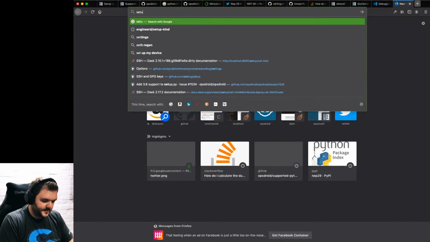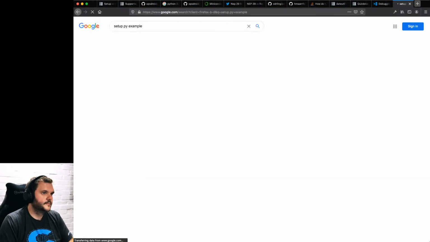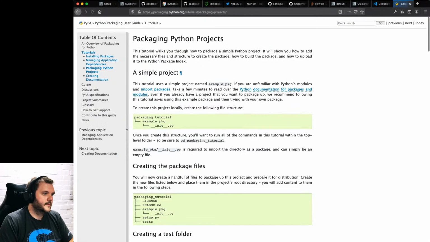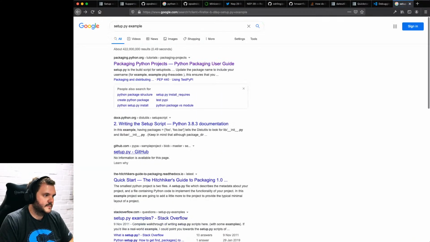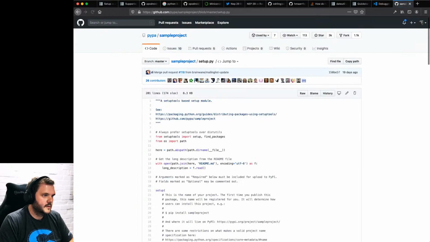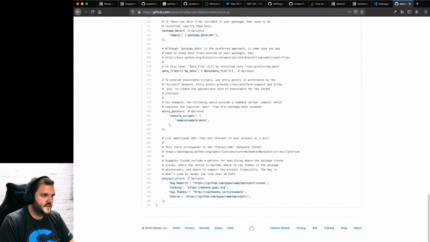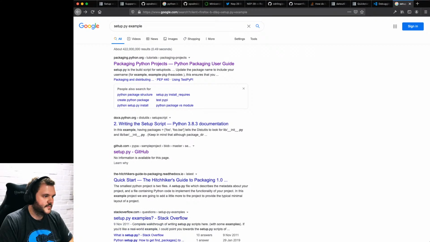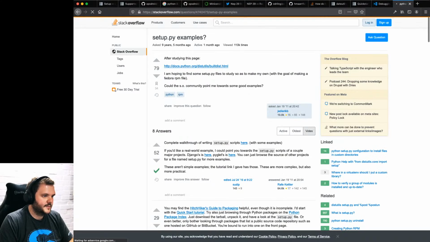Let's have a setup.py example. Oh, look, is that a GitHub gist? Oh, look, that's fun. That's really too long. Setup.py examples.